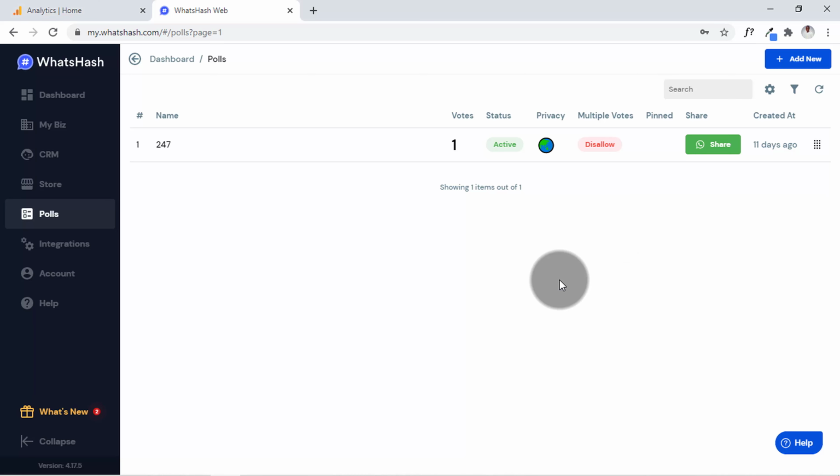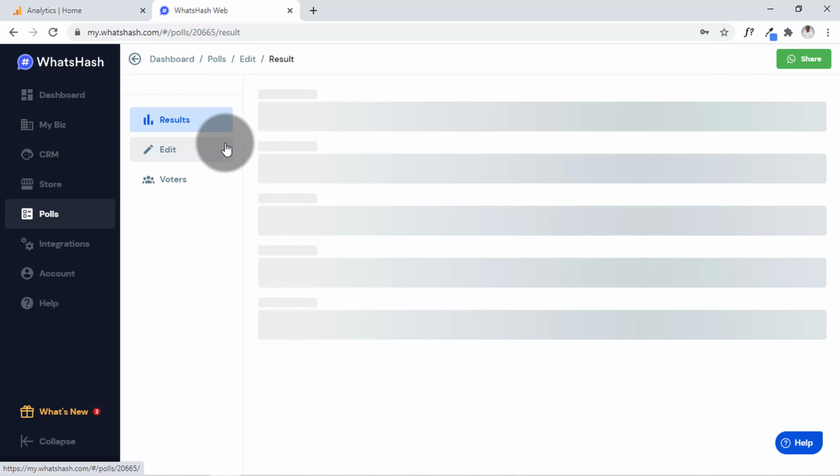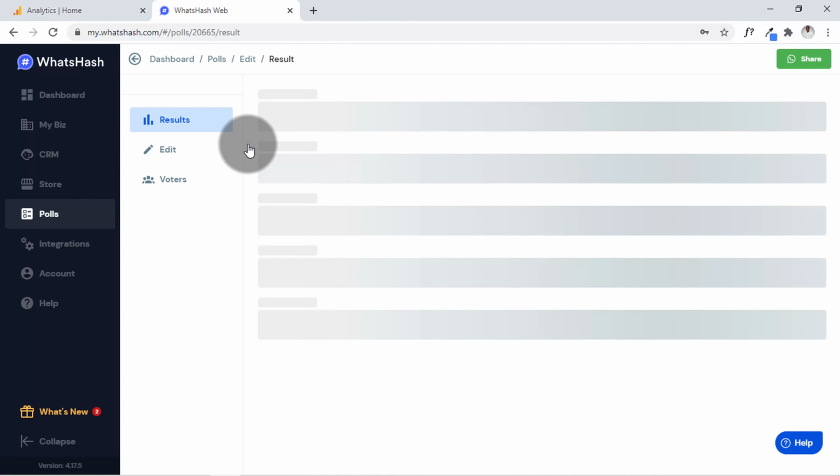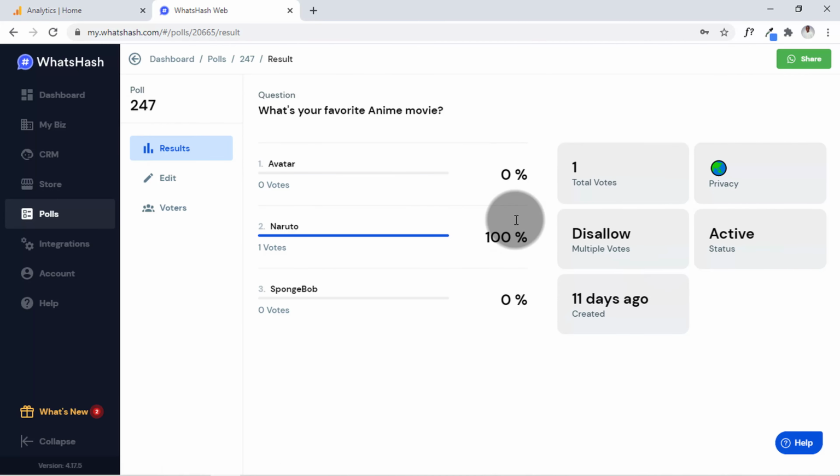Now this is my account. Then I make a poll on my own account, so this is the result. This is how it's going to look. You press the poll, you select it, then this is going to show you the result. Okay, you have one person that votes, so which means